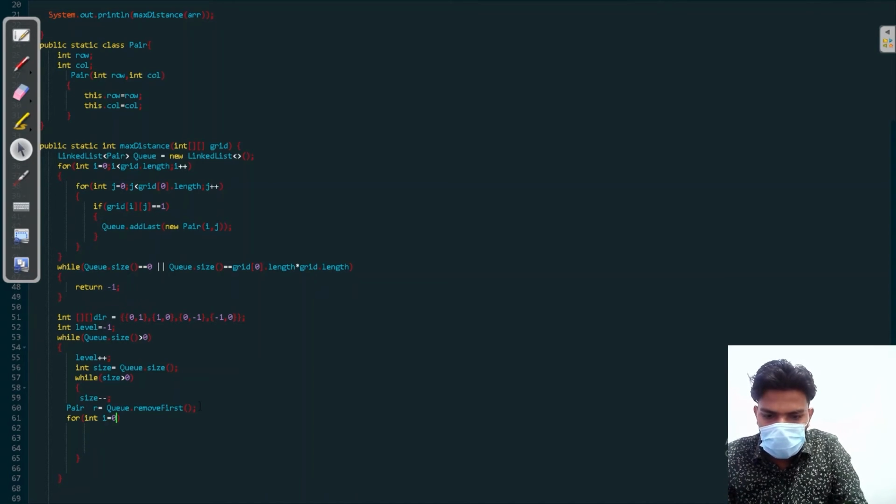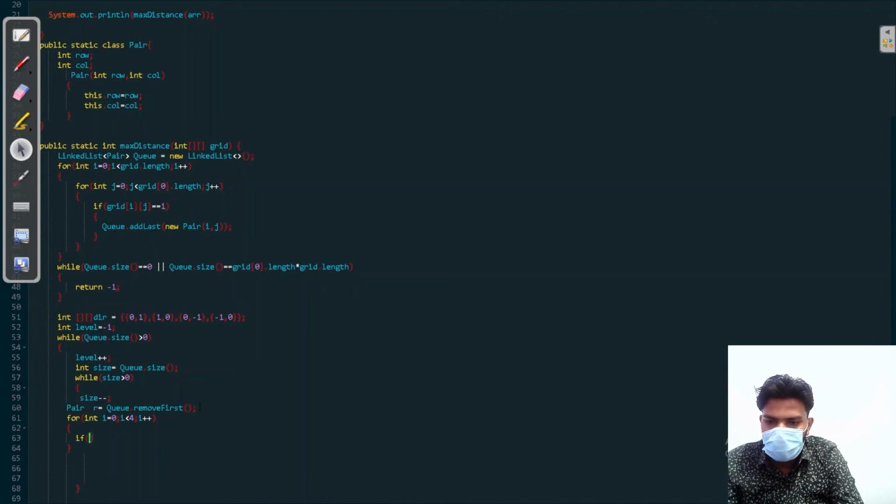I equal to 0, I less than 4, okay? So when we take I less than 4, then we take I plus plus, okay? So this will take 4 directions. This will tell that we apply a BFS in all 4 directions. We check, okay? So if